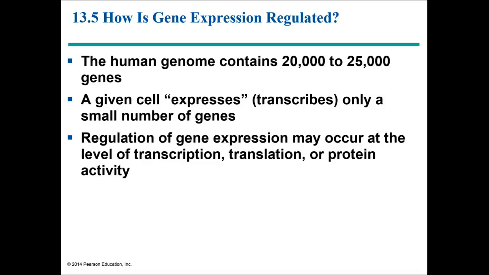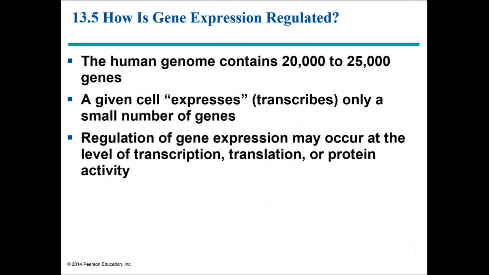The human genome contains 20,000 to 25,000 genes. A given cell expresses or transcribes only a small number of genes at any given time. Regulation of gene expression may occur at the level of transcription, translation, or protein activity. Some genes are expressed in all cells, such as genes coding for tRNAs, since all cells require proteins. Other genes are expressed exclusively in certain types of cells at certain times in an organism's life, or under specific